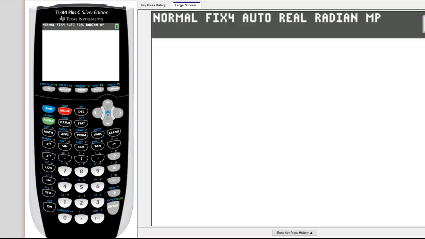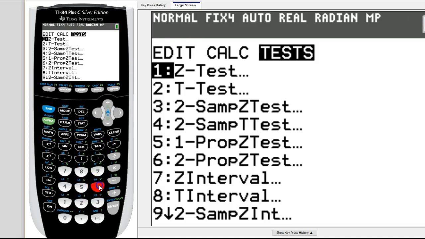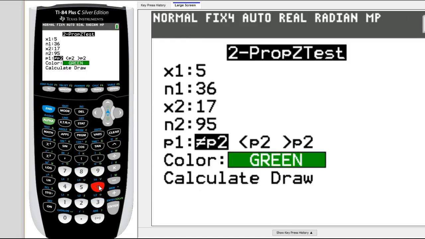Okay, just like the website, for this particular test, your X values, you don't want decimals. So when you're doing the calculation, be sure your X1 and X2 are not decimals. I'm going to jump over to Stat, Tests, and down to number 6, 2-PropZTest. My X1, I do want to cater this to the problem. The problem is asking, is the proportion of white iPhone owners greater than the proportion of African American iPhone owners? So I'm going to put in all the information for the white iPhone owners first. So X1 will be the